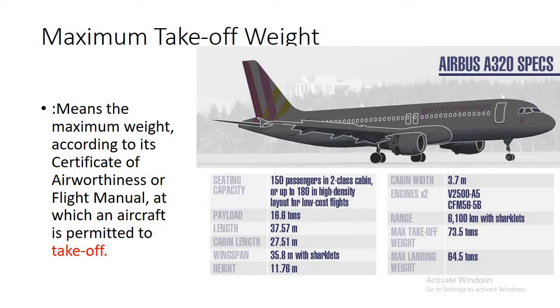The landing gear should be that strong, so the aircraft structure should be that strong. All the vibration and shocks when you touch the ground should be absorbed. And your aircraft structure is not designed in such a way that it can actually land an aircraft at the same maximum takeoff weight. The landing weight should be lesser than that, else there will be a lot of stresses and the aircraft can even disintegrate